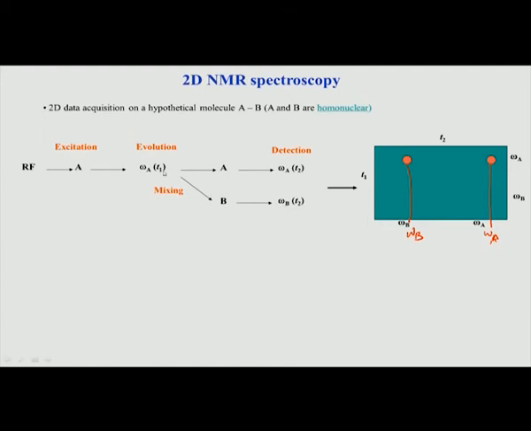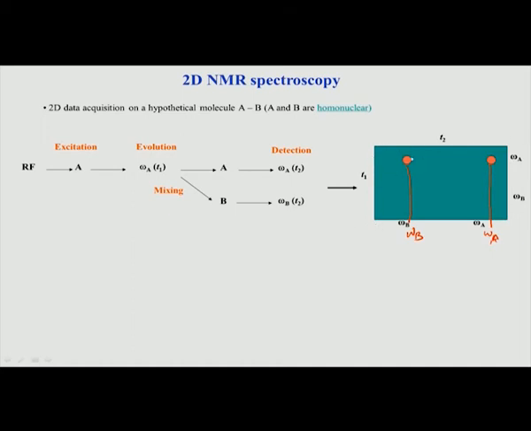if you look at that FID, that has now got cosine omega A T1 during evolution, but during T2 it is cosine omega B T2, that is, it is evolving with the chemical shift of B. So, when I do a Fourier transform of that FID, which is cosine of this multiplied by cosine of that, you will get on the T1 axis, that is this dimension, omega A, because it is omega A during T1, but in the second dimension it is omega B because it is omega B T2, which is this axis as shown here, our horizontal axis is T2. And this is T1.